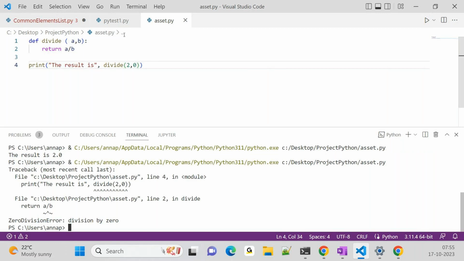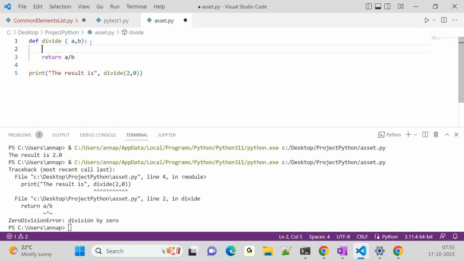Now I can write my assert here. So here I'm just writing the assert inside my function directly. I'm not writing any test case separately. Let's see a simple way. If b is not equal to 0. So this is negation. Negation equal to means not equal to. If b is not equal to 0,